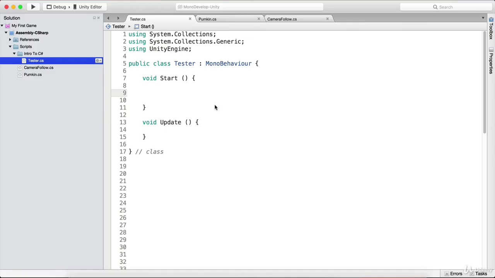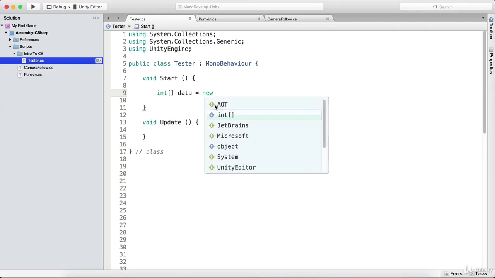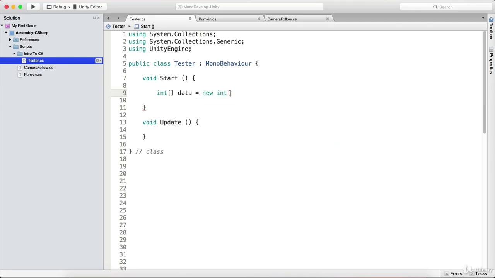So how can we declare arrays? Well, you first declare the type of the variable you want to store in that array. In our case, integers, and I'm always using integers as an example, but you can use strings, booleans, floats, doubles. It works the same way. So you first type the type of that variable, int, and then you open a square bracket and close a square bracket, and then you give it a name, let's say data, and it is equal to new int array